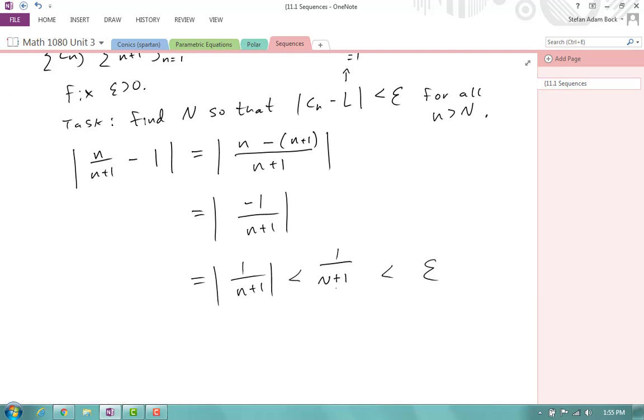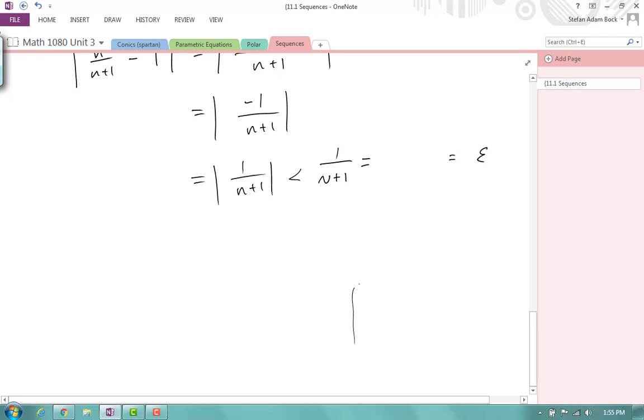And these n's are supposed to be larger than some big N. So if I replace that, I'll have a smaller denominator and therefore a bigger fraction. But I need to find out what this big N is in terms of epsilon. So if I do a little bit of work on the side, if 1 over big N plus 1 is supposed to be less than epsilon,